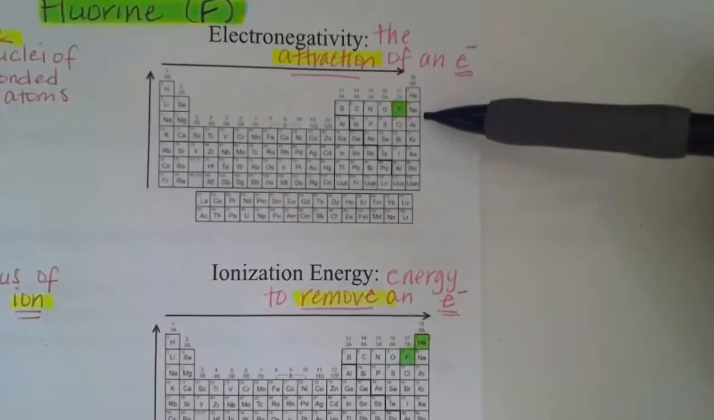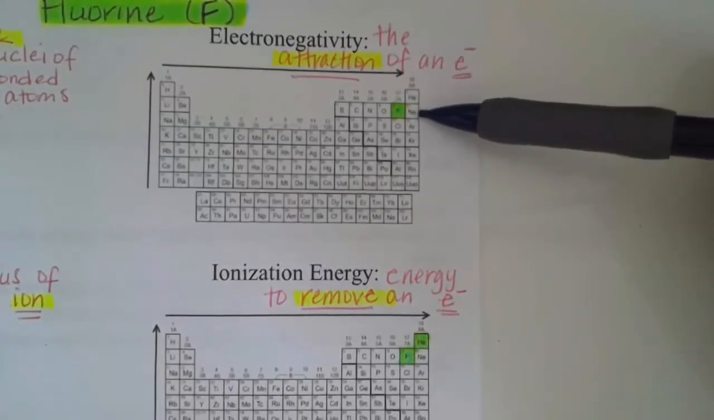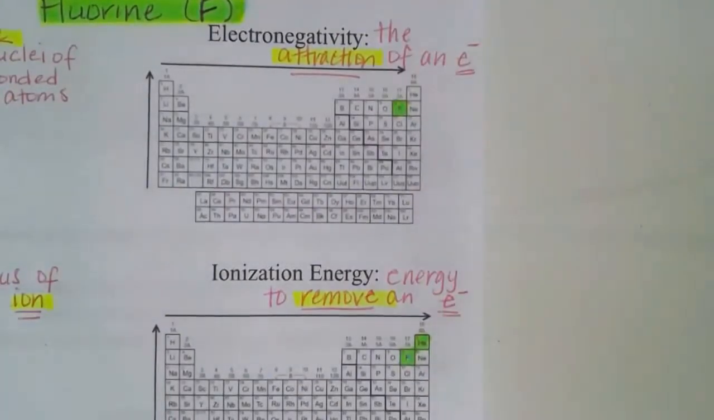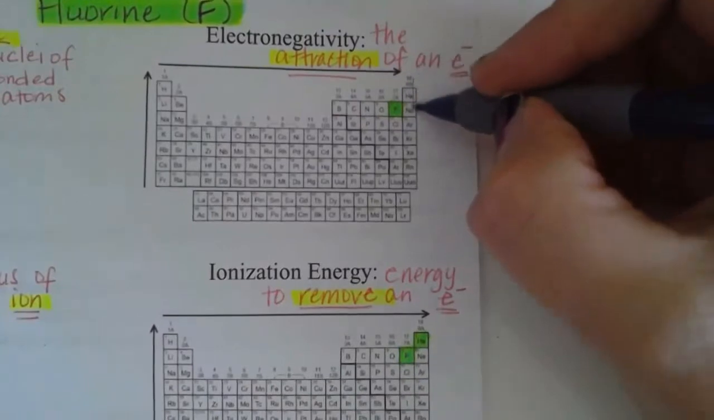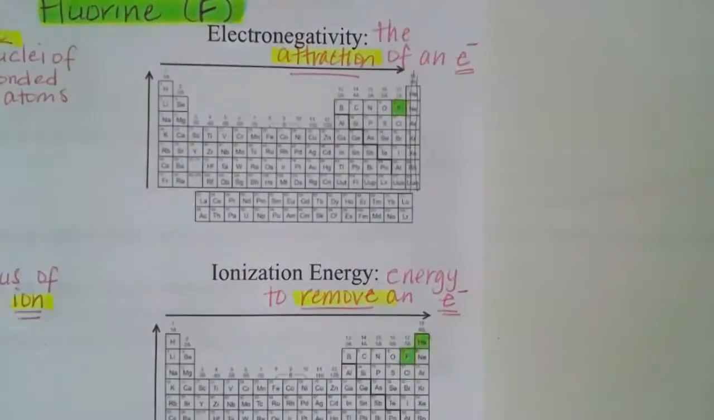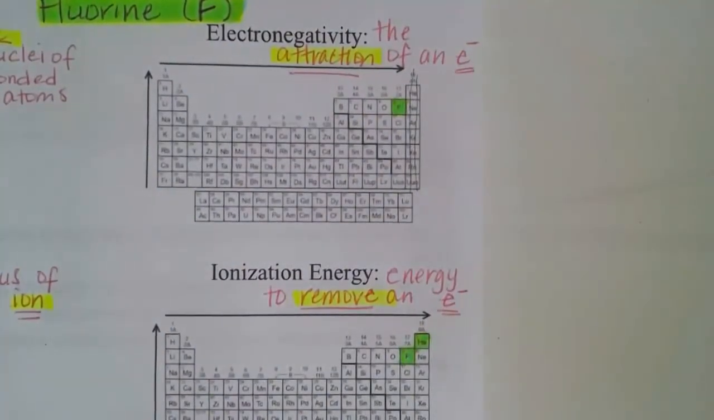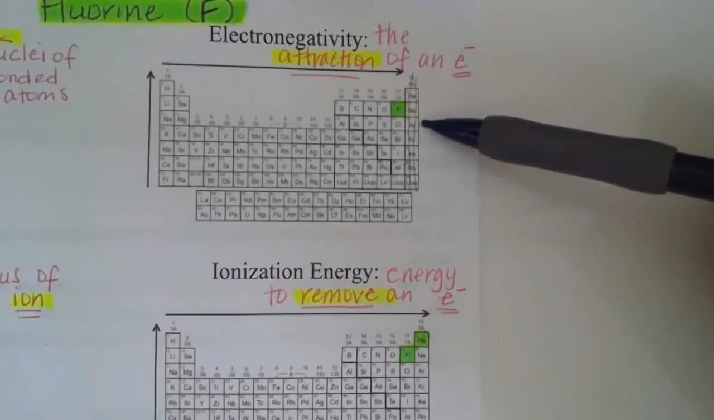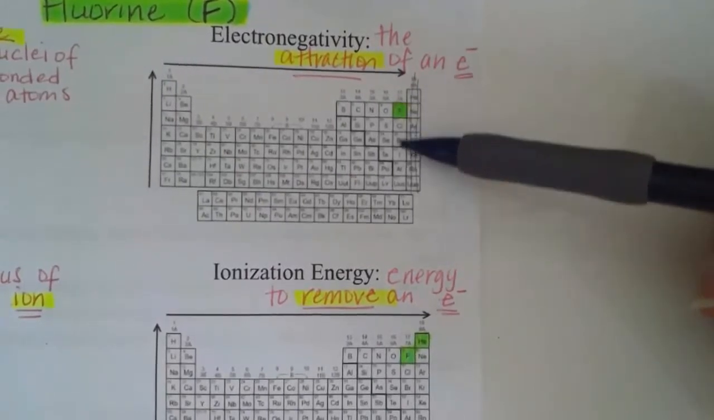So if a noble gas is ever on a question that says what has the greatest amount of electronegativity, a noble gas will never have electronegativity. So you can almost cross those guys out for electronegativity. They will never attract an electron because they already have them. They're already perfect. So when you talk about fluorine versus all of these guys,